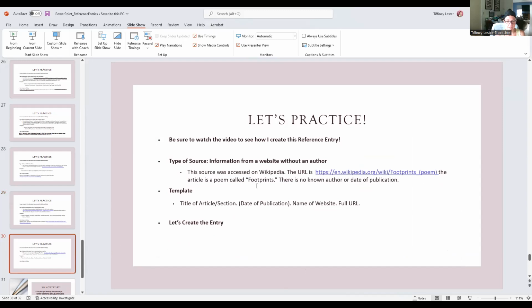So this is a section of a website without an author. So we're dealing with something from Wikipedia. I have my URL. The section of Wikipedia that I'm looking at is the poem Footprints, and there's no author and no date. So if there's no author and no date, I start with the title of the article. So Footprints,